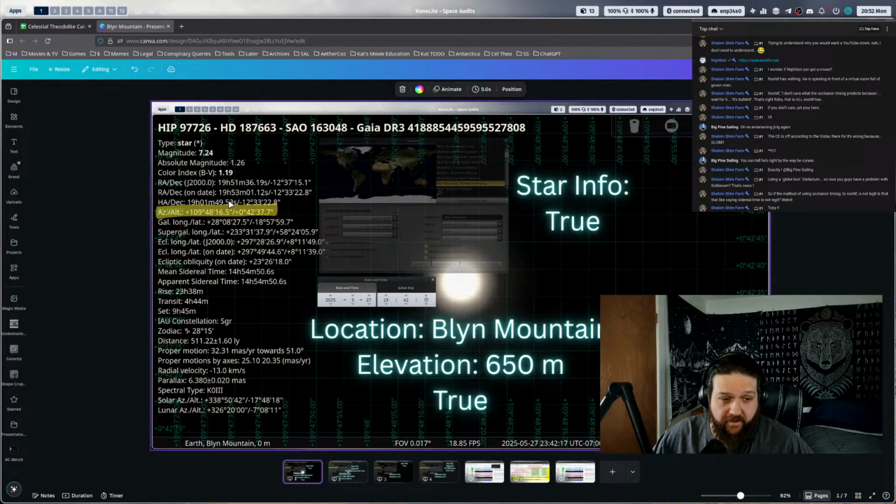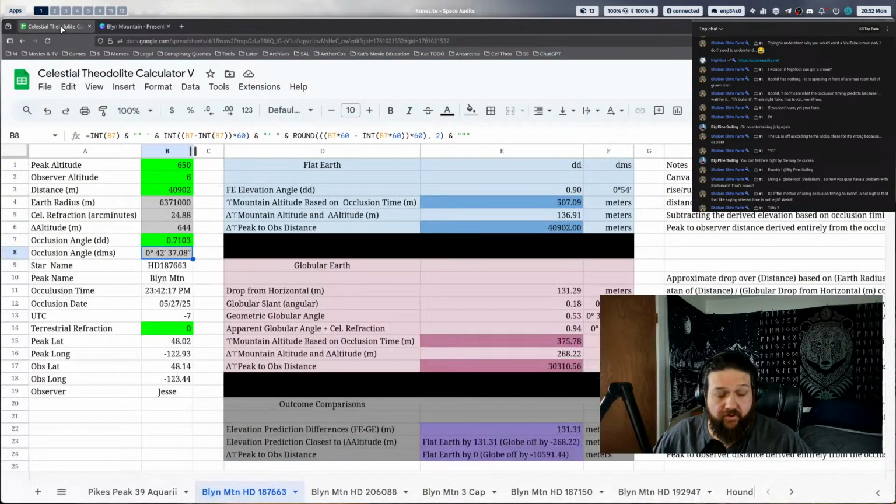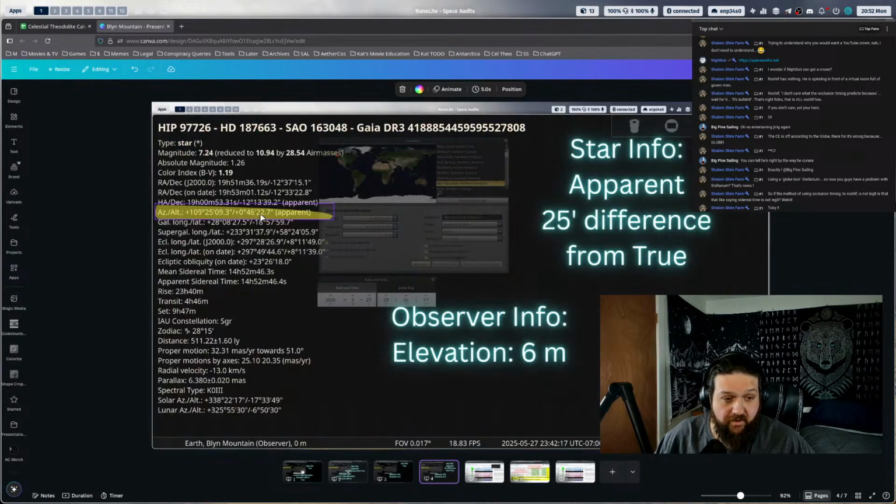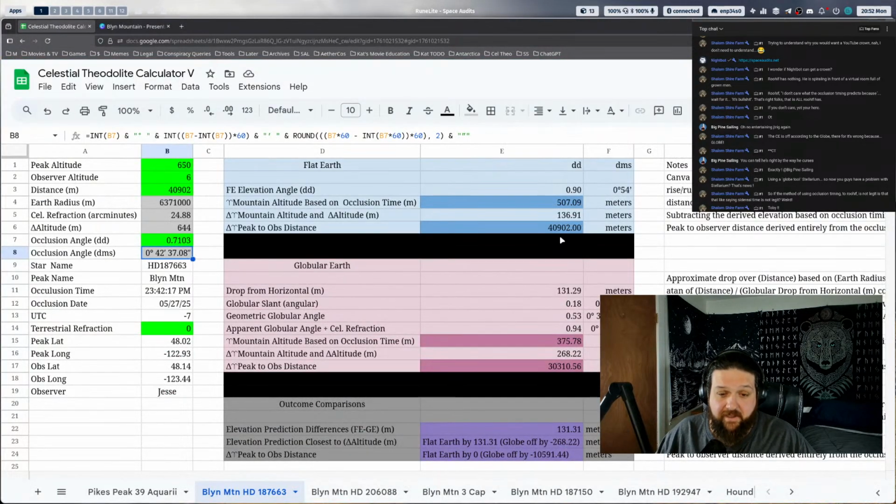Here's the thing: at the mountain peak, true position intersected with the occlusion. That's the angle that we're using for when the star is no longer visible, and this is what it derives out to be. Calling that BS is insane, because if they were to try to do it using the apparent position at their location, then they don't get the results that we do and we win. That's the significance of this. This is why he's freaking out, saying we're doing it wrong, calling it BS. It can't be BS if we can derive our location and closely approximate the physical elevation of it.